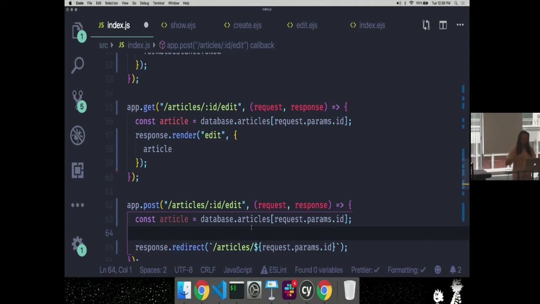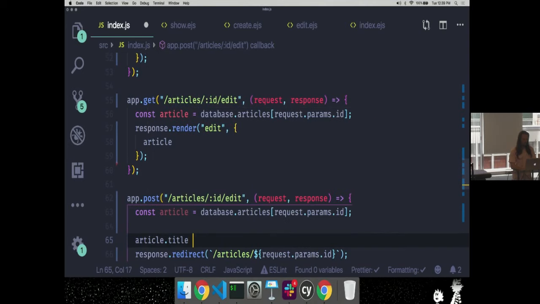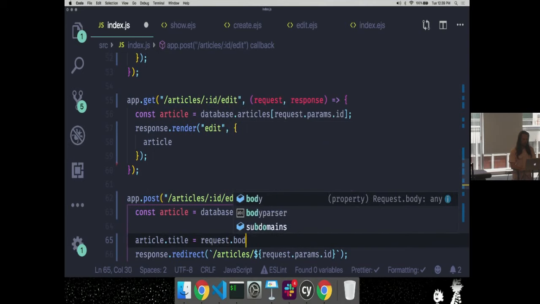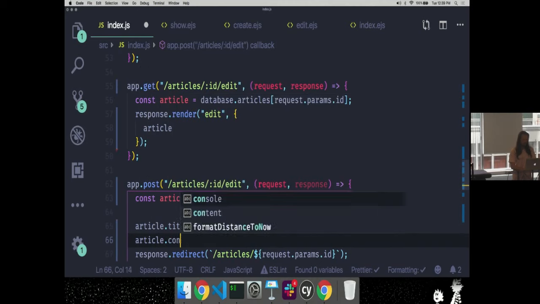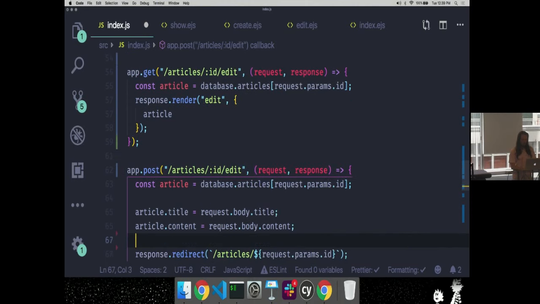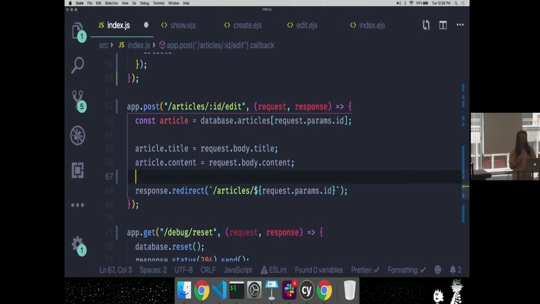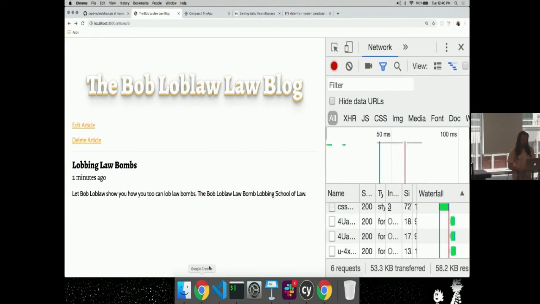That's going to grab that article, and then article.title is equal to request.body.title, and article.content is equal to request.body.content. There's no ID, we're using the same ID. The article has the ID on it already. We're just changing these two values. It already has a date. We'll keep that date, and then we'll redirect back to that article.